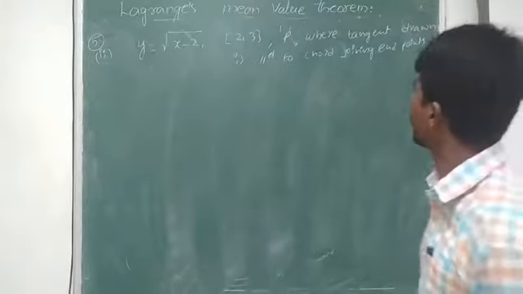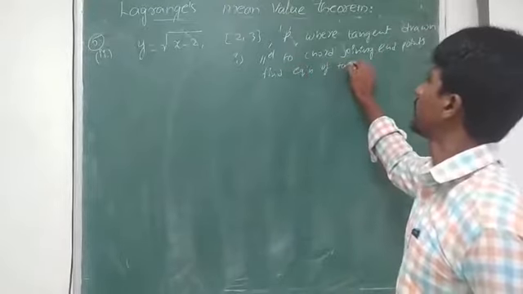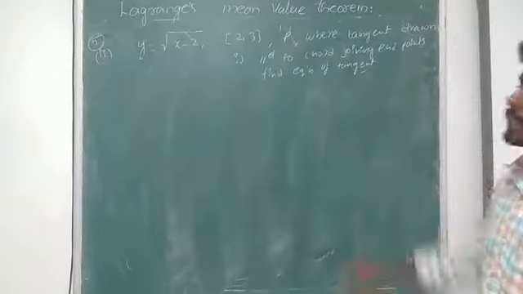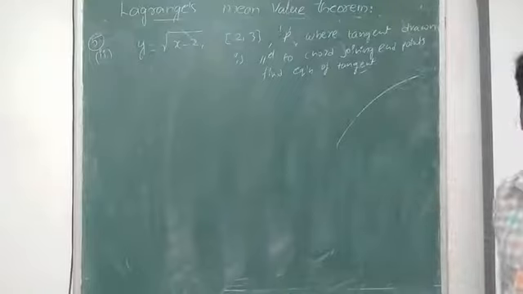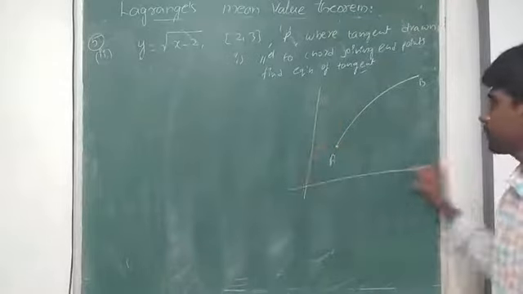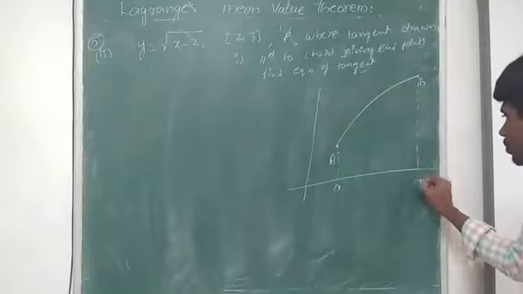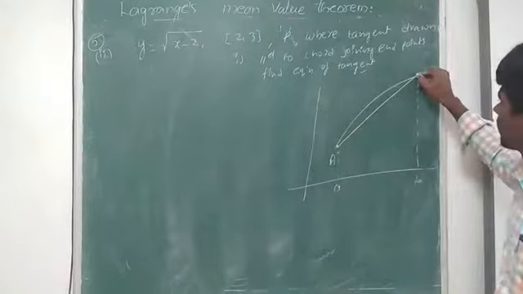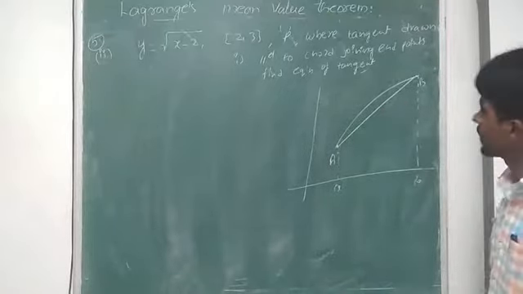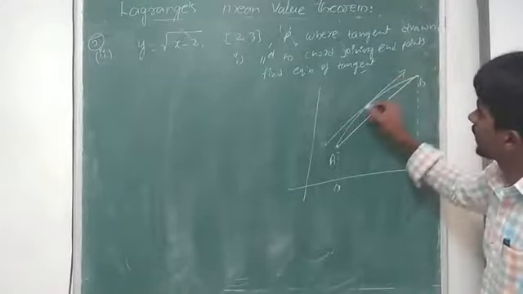As well as add one more thing. Find equation of tangent also. See, previously we discussed these are the end points. If suppose I take A, if I take B, so at small a and this one small b, I joined this. I got a chord. I have to find a point where the tangent drawn is parallel to this chord AB. Suppose if I consider this is a point, so I have to find this particular point P.